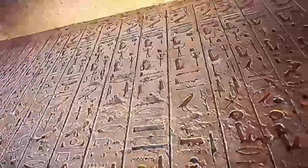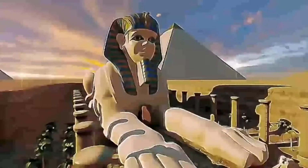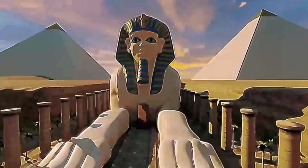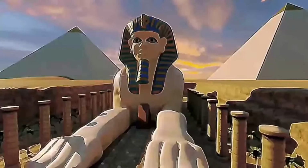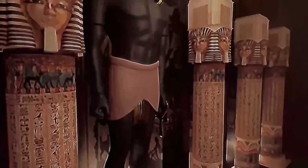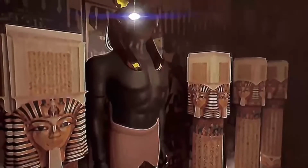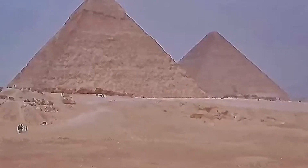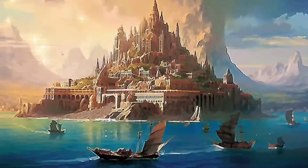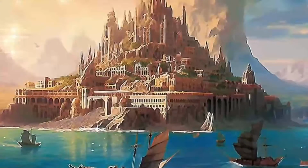There are several theories that have been put forward to explain this mystery. One theory suggests that the Sphinx was not originally built by the ancient Egyptians, but by an earlier civilization that existed in the area. This theory is based on the fact that the Sphinx shows signs of erosion caused by water, which suggests that it may have been built during a time when the area was lush and green, rather than the arid desert that it is today. Some researchers believe that the Sphinx may have been built by the Atlanteans or some other ancient civilization that predates